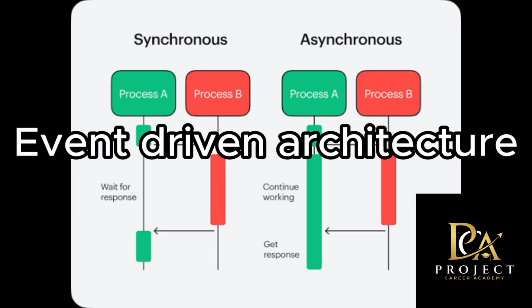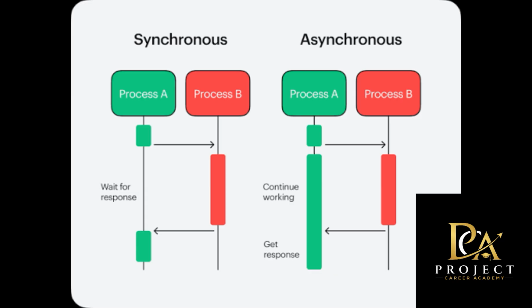In a synchronous system, every step happens one after the other. For example, first the user uploads the photo, then the system resizes the image, then compresses the image, generates a thumbnail of that image, updates the database, sends an email to the user that the upload has been successful, and then it returns the response, right? And each of these steps will take somewhere around 200 to 500 milliseconds. So the total wait time will be a lot.